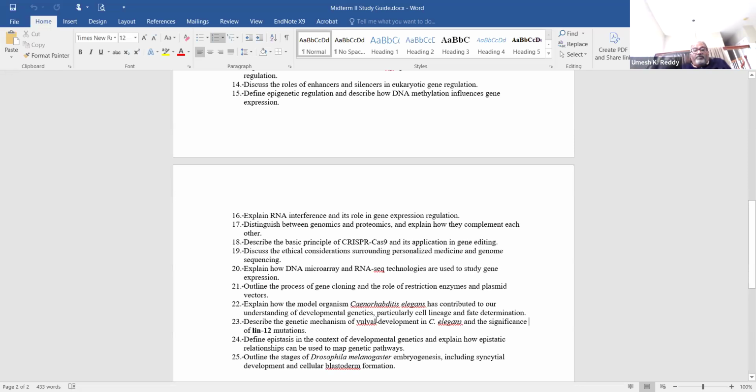In the pathway, in the cell lineages, how the fate determination happens is, say, gene A, gene B, gene C, gene D. Gene A can be epistatic to gene B, or gene B is hypostatic to gene A, or vice versa. Gene B will be in the beginning, and that is epistatic to gene A. So to understand those epistatic relations, we need to create mutants. Okay.